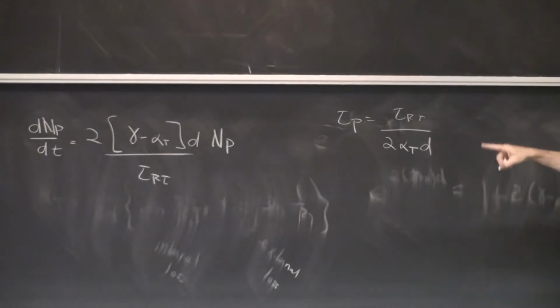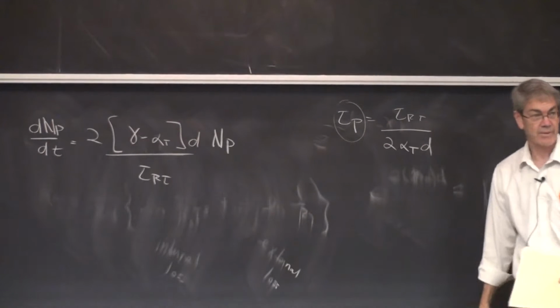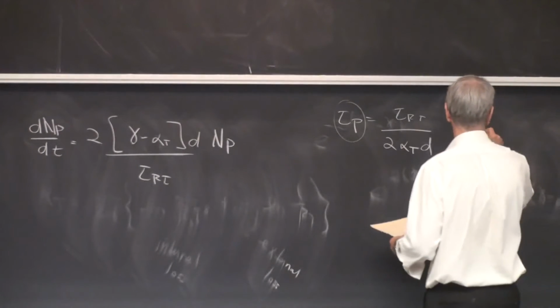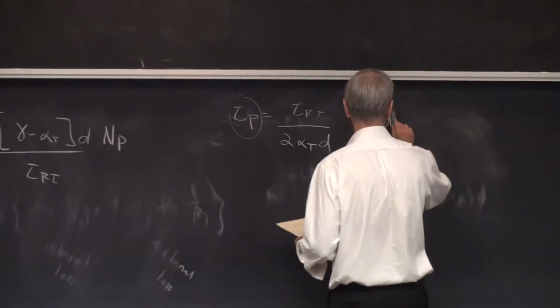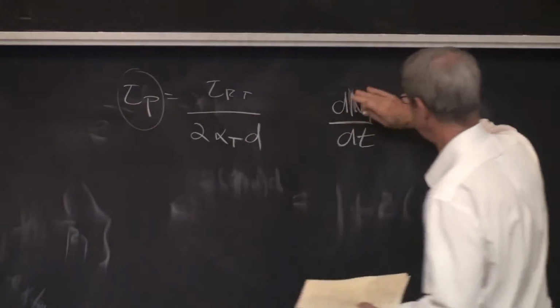So you can see a lot of those terms in there, and you can add and subtract and put these things all together. And we like to deal with Q-switching in terms of the photon lifetime, so we're going to do it in that unit. And so you put that together, and the number of photons per second, dN_p/dt,